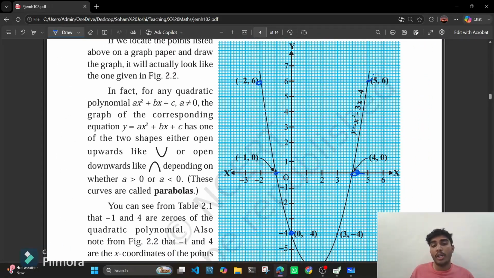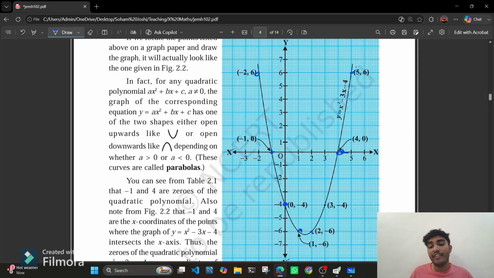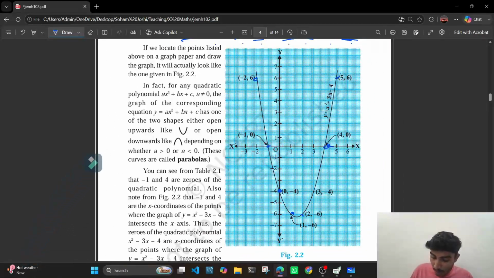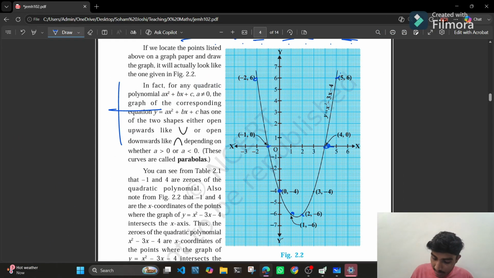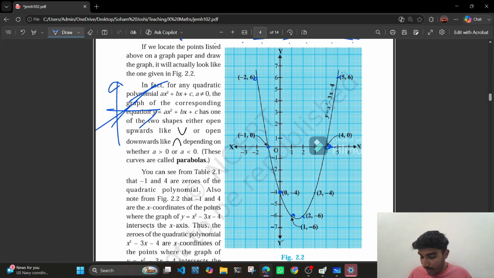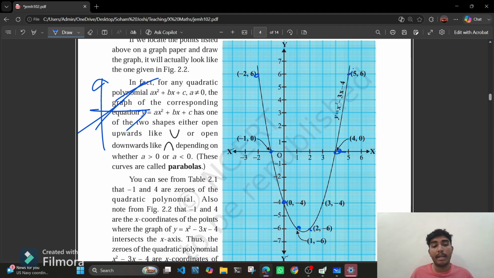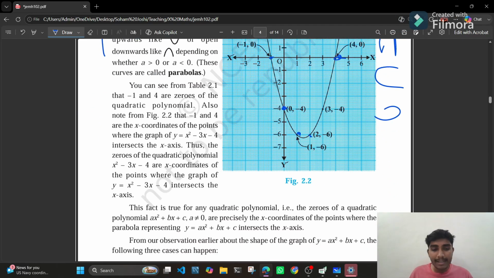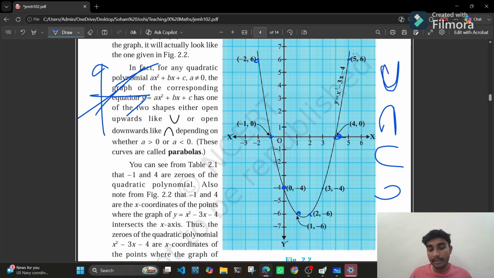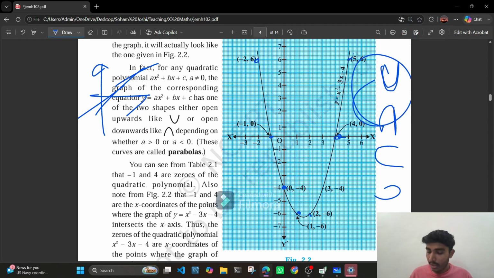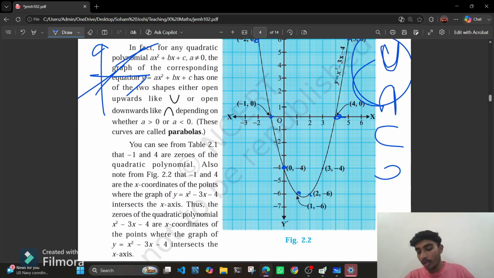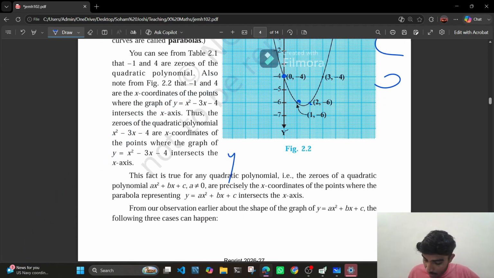Basically, for a quadratic polynomial, the graph is a parabola. तुमने देखा था लीनियर पॉलिनोमियल के लिए स्ट्रेट लाइन बनती है। लेट्स से दिस इज अ स्ट्रेट लाइन, ऐसी स्ट्रेट लाइन जा रही है, ये तुम्हारा ग्राफ है। बट इन द केस ऑफ क्वाड्रेटिक पॉलिनोमियल यू विल ऑलवेज गेट अ पैराबोला। पैराबोला इज समथिंग लाइक U, और उल्टा U, या ऐसा वाला U, या ऐसा वाला U, ऐसा भी U हो सकता है। मोस्टली यू हैव अब ऐसा, ये फर्स्ट दो केसेस वाला U होता है। ठीक है, सो दिस इज हाउ दिस इज पैराबोला, एंड द डायरेक्शन ऑफ द पैराबोला दैट इज उल्टा U।